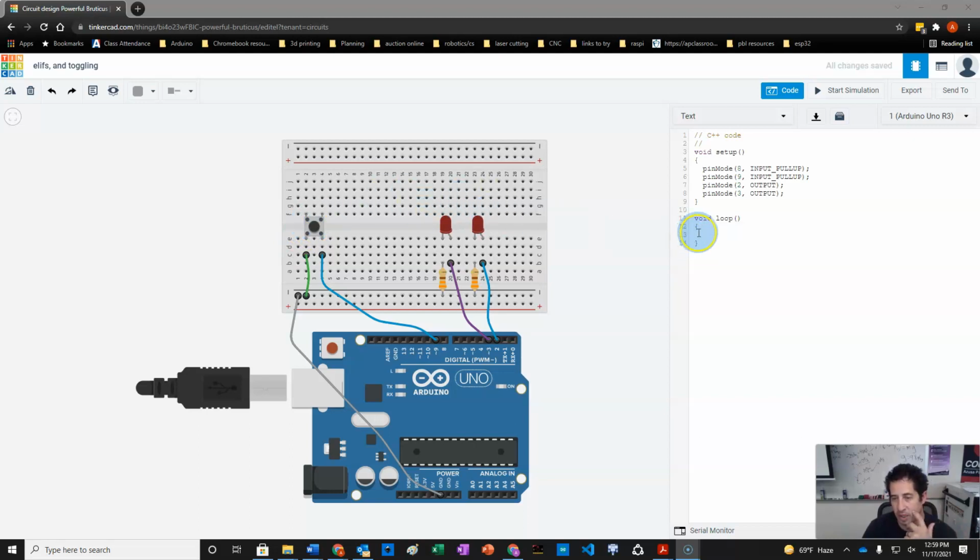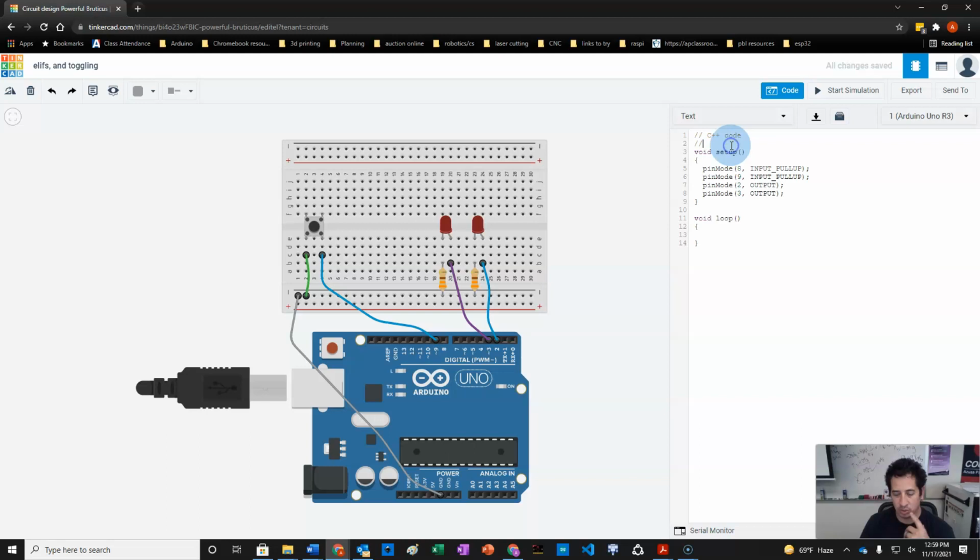So there'll be 4 circumstances. And so what we'll need is some kind of counter to keep track of the amount of times that the button has been pressed. Okay, and so we'll say, you know, if the